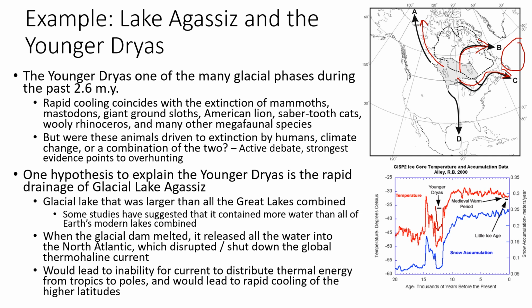So as North America was warming, the Laurentide ice sheet, which is in this dashed line around here, as this ice sheet melted and the glaciers around it melted, the glacial dam broke and it added lots of fresh water into the North Atlantic and stopped, or at least very much slowed down, the AMOC and led to a